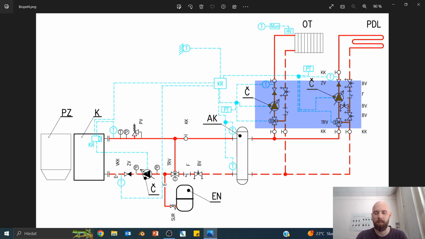each with its own pump and mixing valve. So today we will talk about how to activate the mixing valve, how to activate the pump for the mixing valve, and what setup is usually used for this kind of heating system configuration. So let's take a look